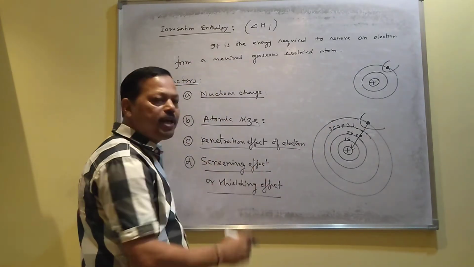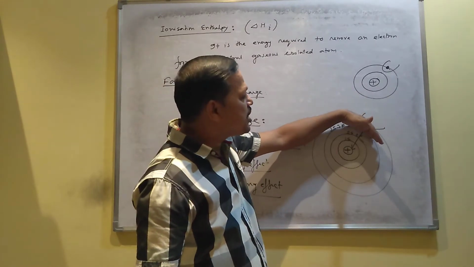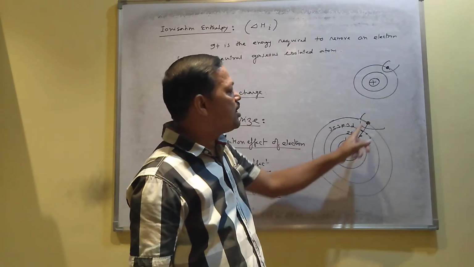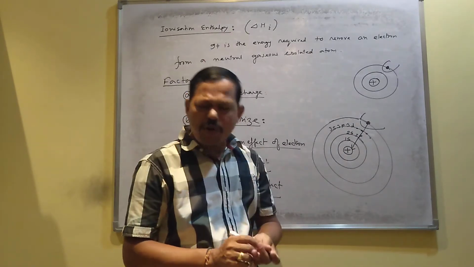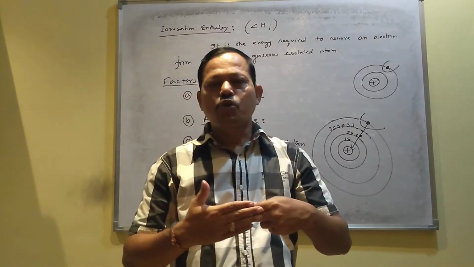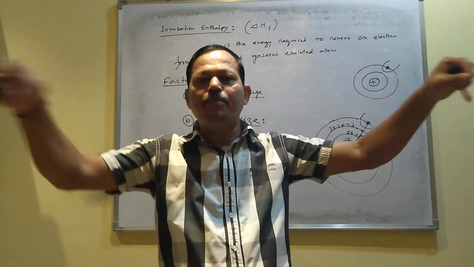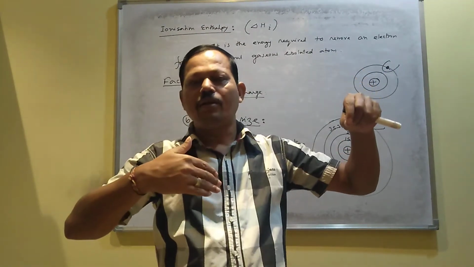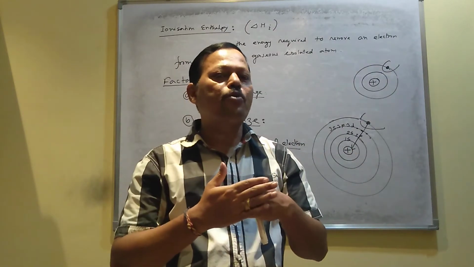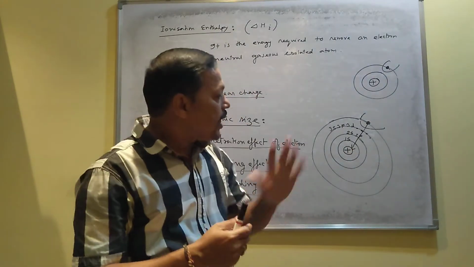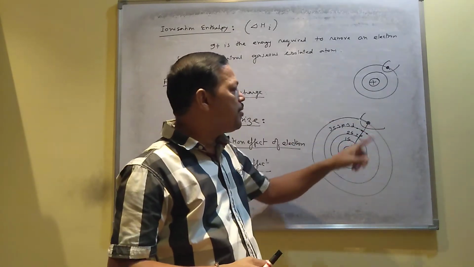It is also called the screening effect because the inner electrons behave like a screen, and due to this screening behavior, the electron is less attracted by the nucleus. For example, now you are looking at me, so you have some force of attraction with me. But if we apply a screen in between you and me, then what happens? You can't see, and that's why the force of attraction automatically goes on decreasing.